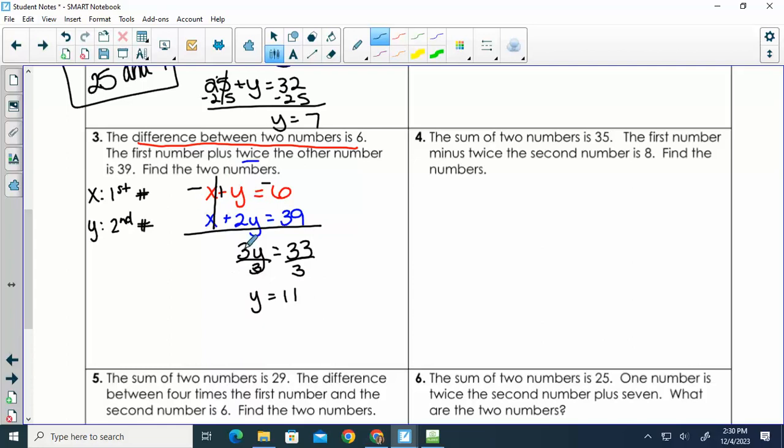And we can plug that back in. So we have negative x, or I guess the original equation was x minus y. So x minus 11 equals 6. Add the 11. So x is 17. So the two numbers,